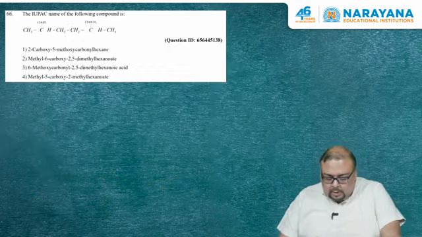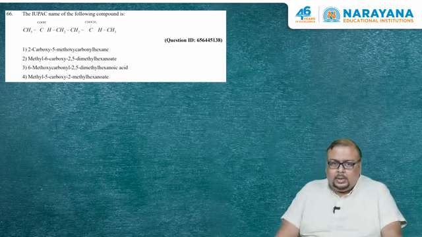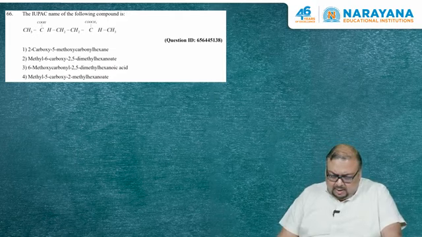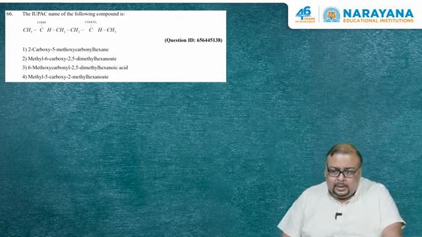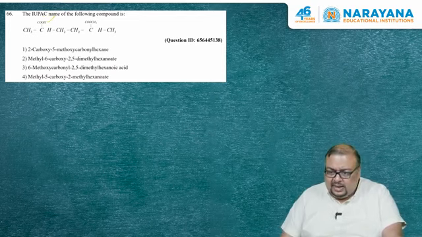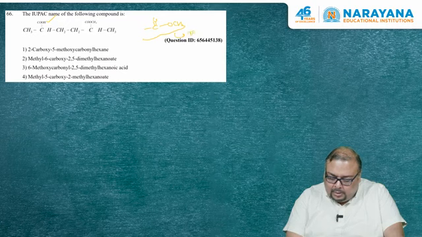Next is question number 66. The IUPAC name of the following compound. Question number 66 is asking for the IUPAC name of the following compound. In this compound, there are two functional groups and both are chain terminating groups. Now, carboxylic acids will have higher priority over esters. And this ester is a C-terminal ester, which is looking something like this. Now for this, the prefix will be methoxy